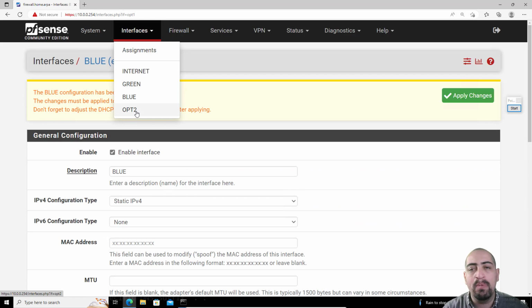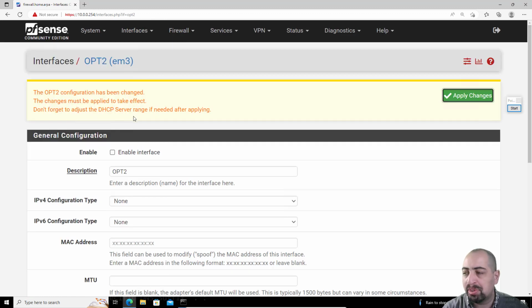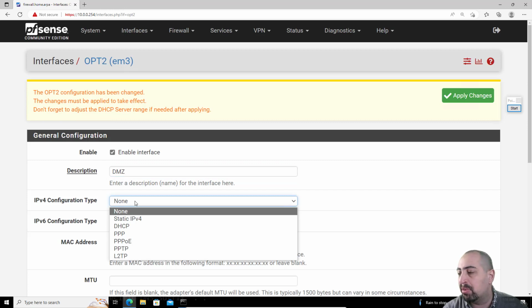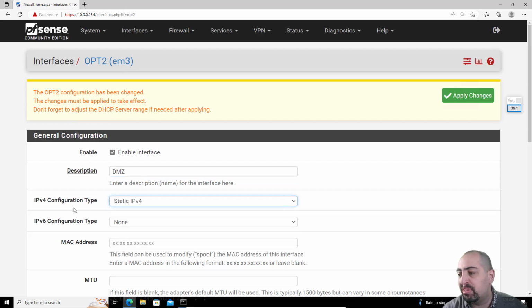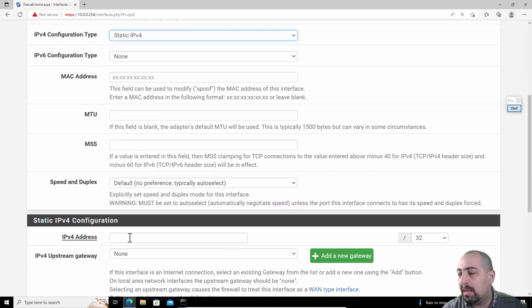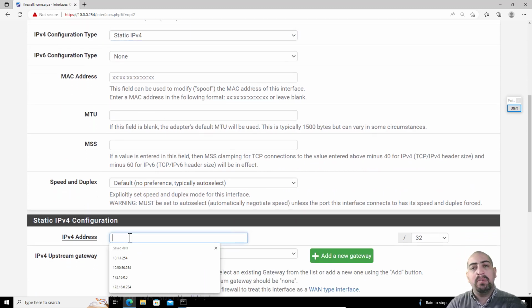Next, go to OPT2, and of course, as you might have guessed, this is the demilitarized zone in our network. So we're going to enable it. We're going to change the description to DMZ. We're going to change the IPv4 configuration to static IPv4, and the IP address, we're going to keep it with the same configuration that we saw in our initial phase of this video. So the network will be